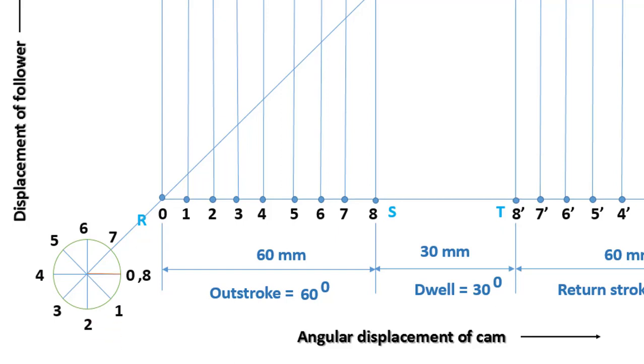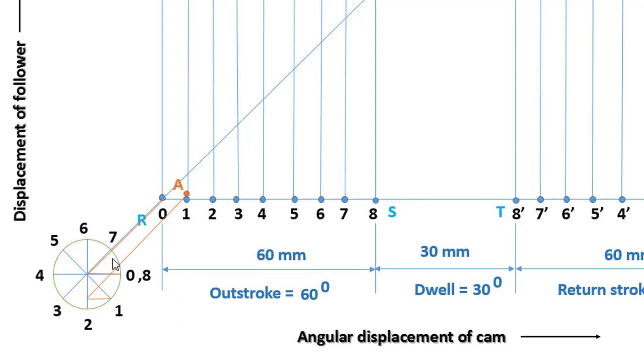Project these points horizontally on the vertical center line of the circle and then draw parallel lines to RH. Project the point 0 on this vertical line to 6 and then draw a parallel line to RH. We will get point 0. Then the second point is 1. So project the horizontal line on this vertical line passing through point 1 and draw a parallel line through this point to the RH line. We will get point A.